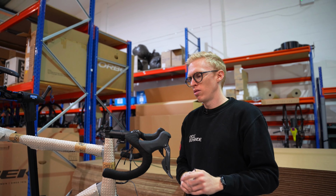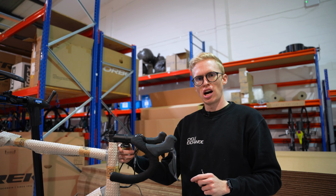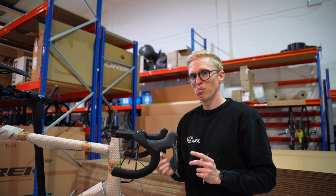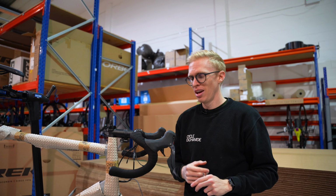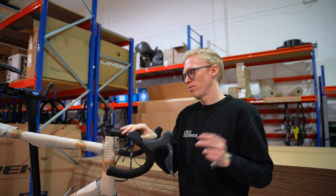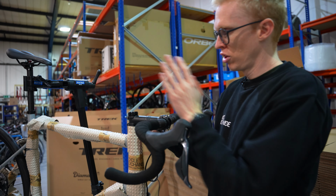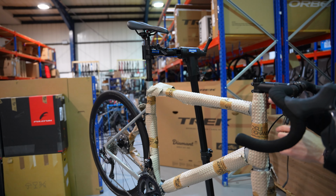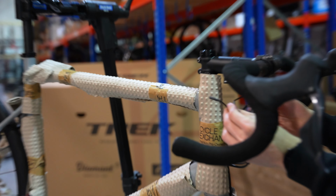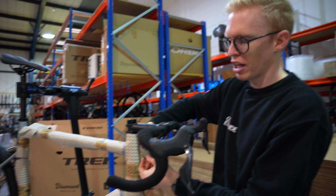Now, for this next part, because this bike has Shimano DR2 shifting, it has a junction box underneath the stem over here. Not all DR2 bikes have the junction box under the stem, but if yours does, this part's important for you. If your bike doesn't have any junction box under the stem, skip ahead, pick us up back later. So, with this junction box, this is connecting our shifting to our derailleurs at the back there. We're going to need to pick up these little cables, and there should be 3 of them, 1 from each shifter and 1 from the back going into the frame, and we're going to connect them all to the junction